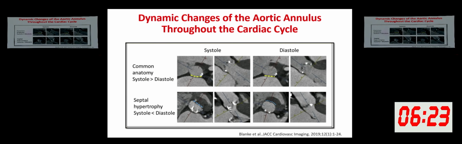And the second thing I already mentioned is septal hypertrophy. Whenever there is a septal hypertrophy, there are more chances of the valve getting bulged out, popped out actually. So be very careful with the septal hypertrophy, and most commonly if septal hypertrophy is there, we will go with the balloon expandable valve rather than the self-expandable valve.